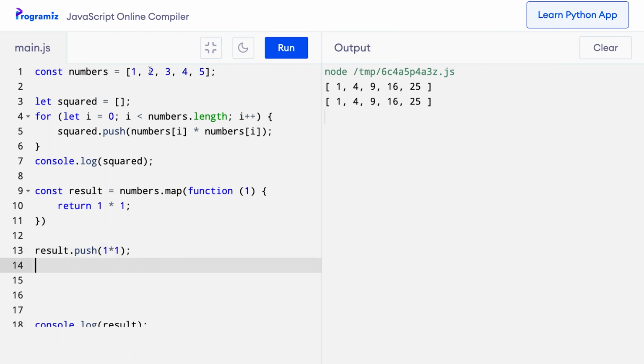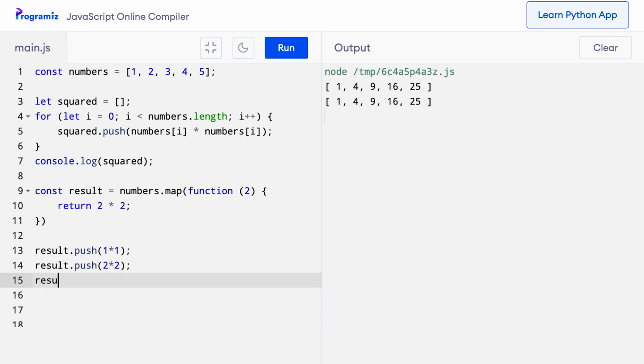Similarly, in the next iteration we take 2 and put it inside here. So the return value is 2 times 2, and think of this as result dot push 2 times 2. In the third iteration this becomes result dot push 3 times 3. In the fourth iteration result dot push 4 times 4, and in the fifth iteration this becomes result dot push 5